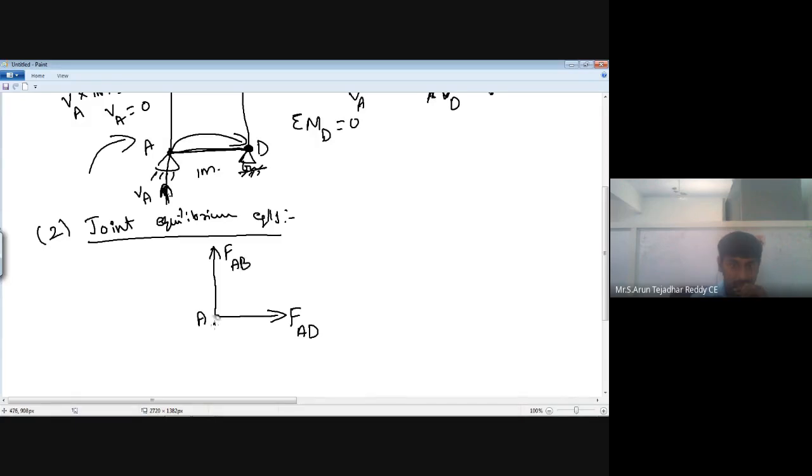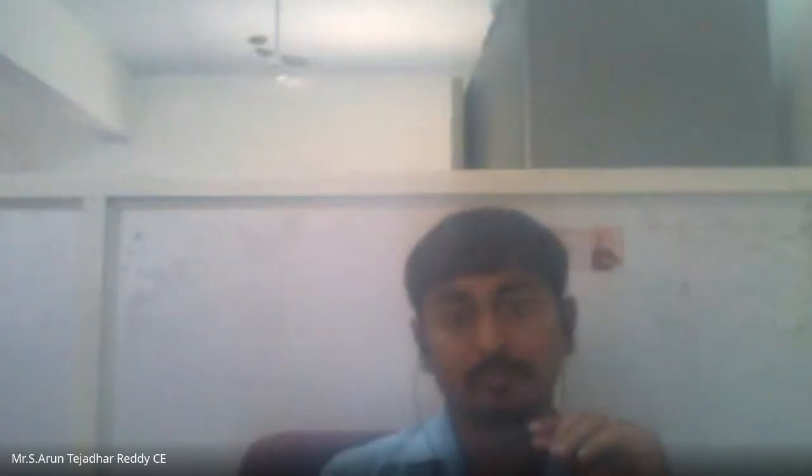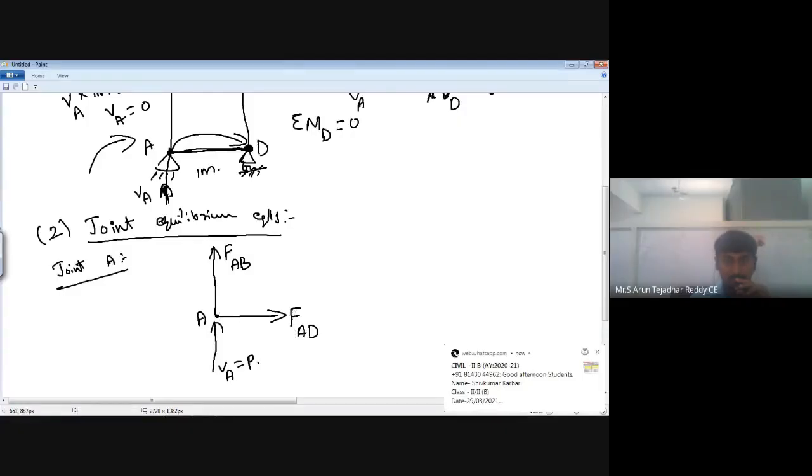One vertical force. So this is your first joint A. At joint A, totally two forces are acting. That is from A to D, so that is force AD. Next it is B point, that is force AB. And obviously your horizontal force is equal to 0. Actually no need to write the horizontal forces. So this is your joint A.